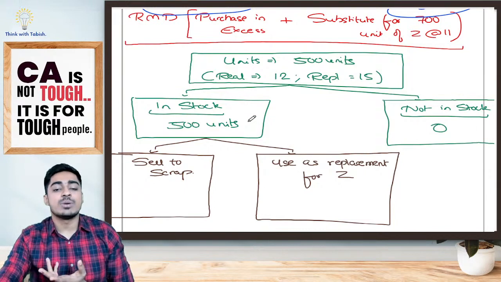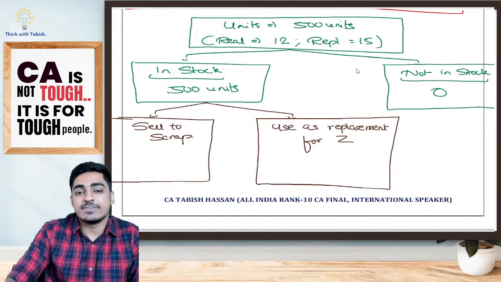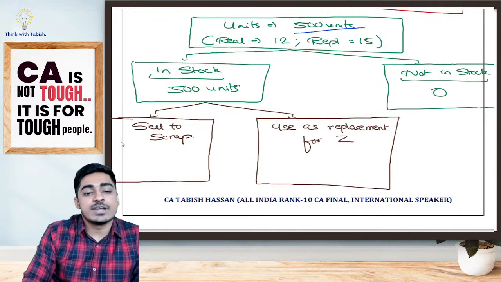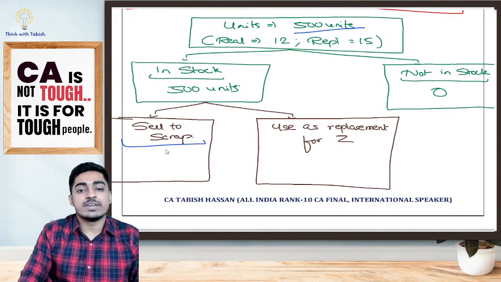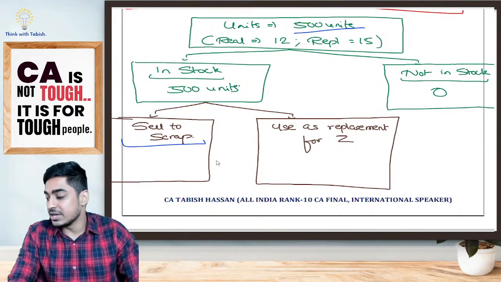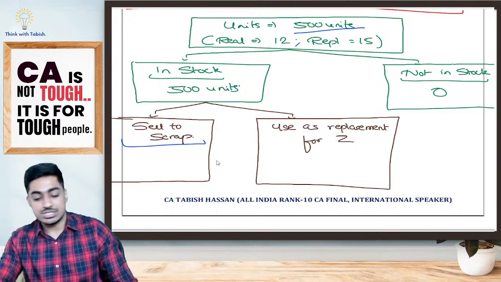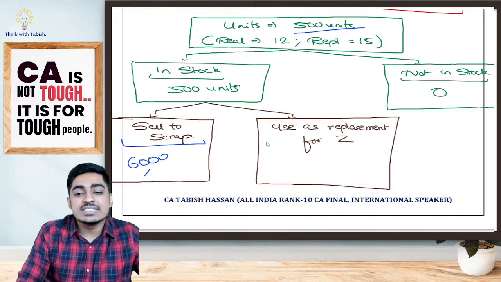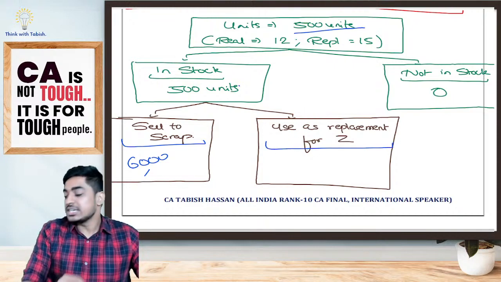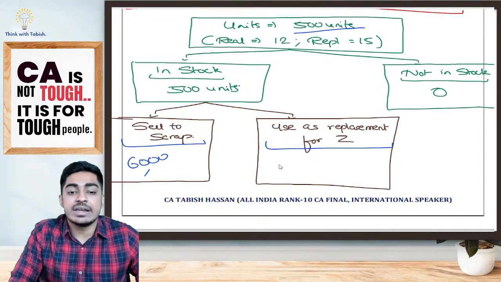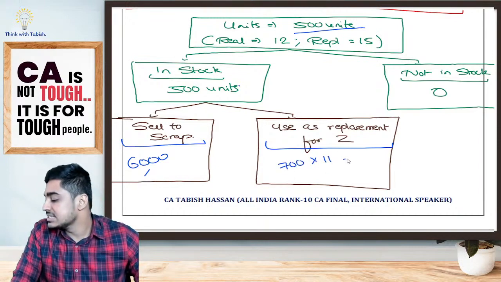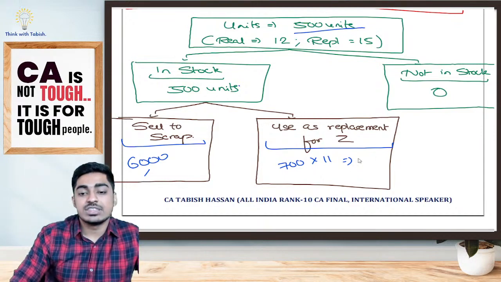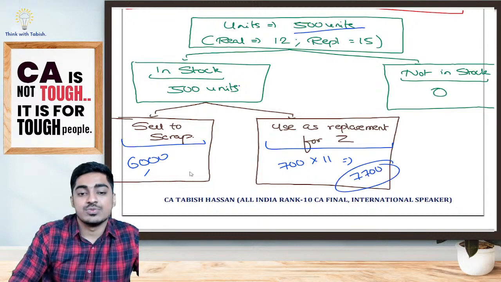Whichever would give us more amount, yes or no? So we have two options. 500 units we want. Yes, 500 units are there in stock. If we would have sold it as scrap, we would have got 500 units into 12 rupees per unit. Yes or no? This realizable value is 12 per unit. We would have got 6,000 rupees. If we use it as a replacement for Z, we could have used it as a replacement for 700 units of Z, which to purchase we had to incur 11 rupees. So 700 into 11,